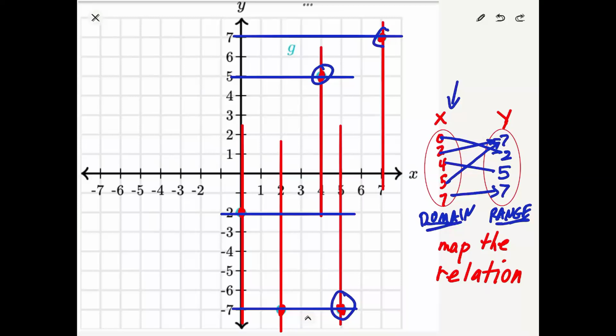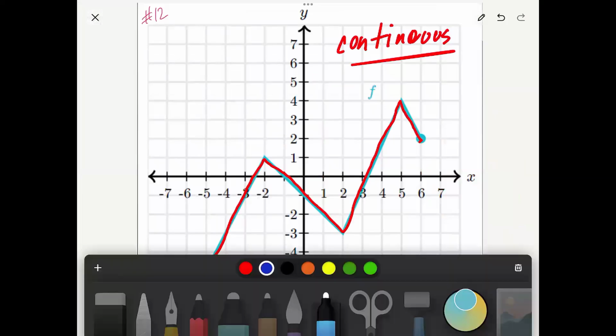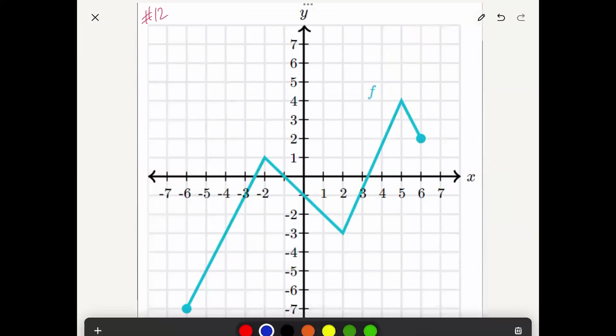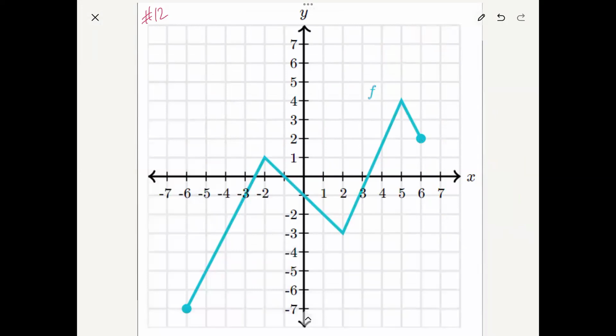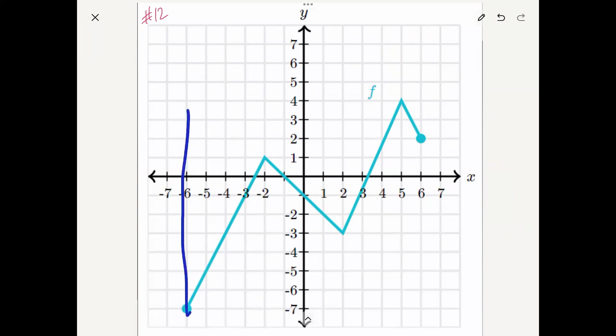Now, I'm going to show you what to do when the function is continuous. Remember, we want the inputs. Because it's continuous, we can start the inputs on this side, because this is the minimum input. Let me try that again. I want to make it red. I like red. This is the input. So it starts at,